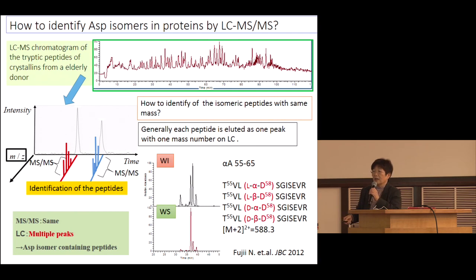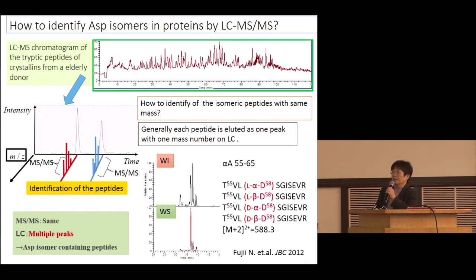So that is ASP isomer containing peptides. MS-MS is the same and there are multiple peaks on LC. That is ASP isomer containing peptides. We can distinguish these isomer containing peptides very easily. So now the next step: which peaks